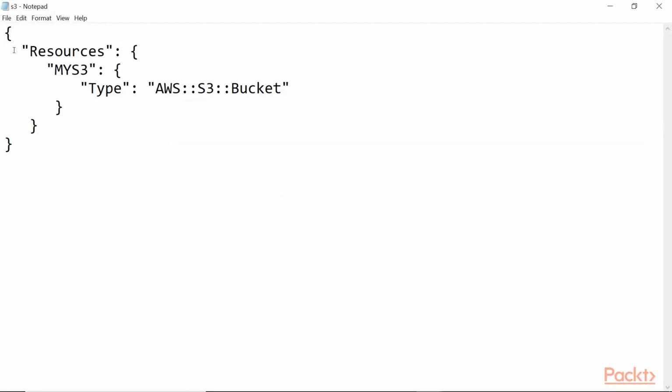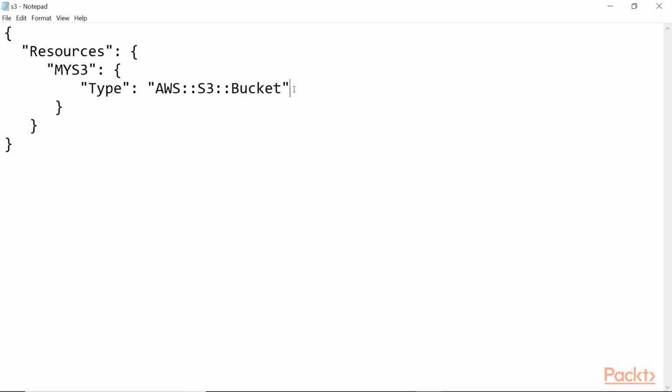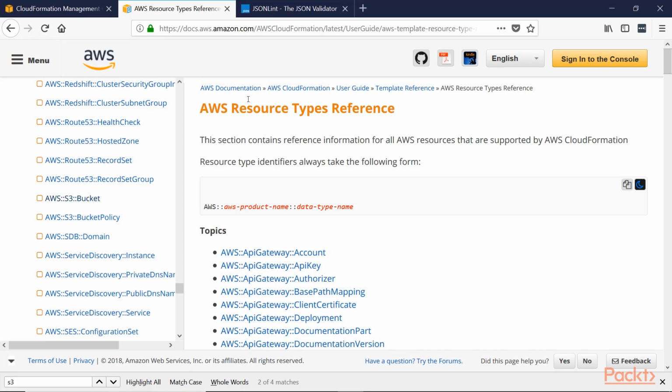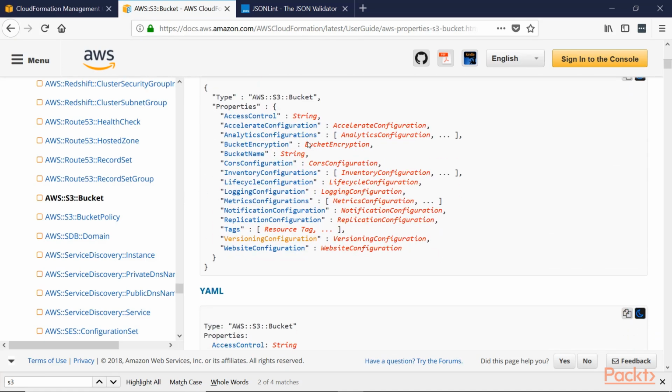So I have an S3 bucket. If you see, this is the S3 bucket that we were writing. Now along with that, we will specify the bucket name this time. Now in order to understand how exactly we can write the bucket name, we have to go to the AWS documentation and select the AWS S3 bucket. Now if you go into the AWS S3 bucket,